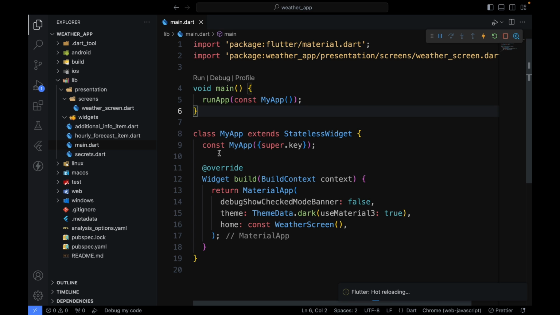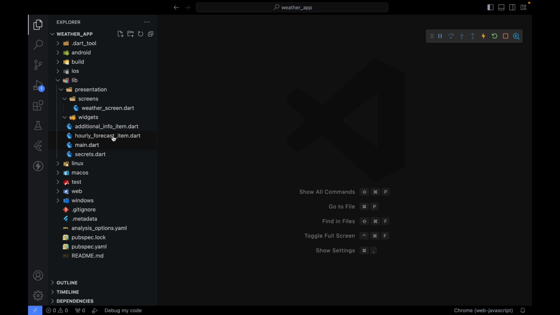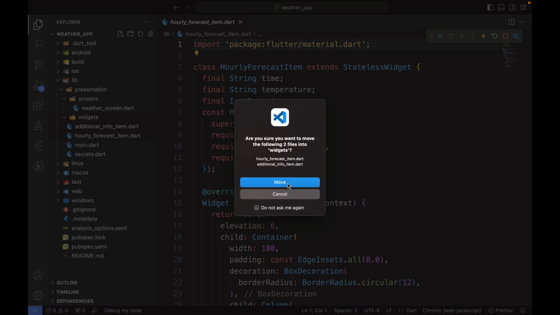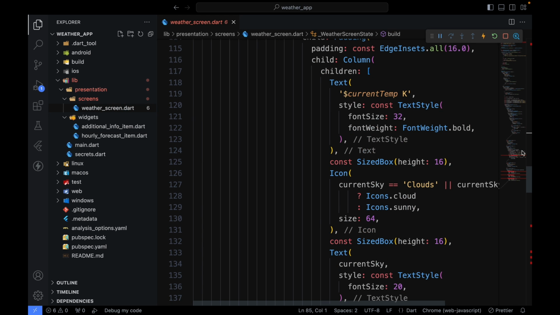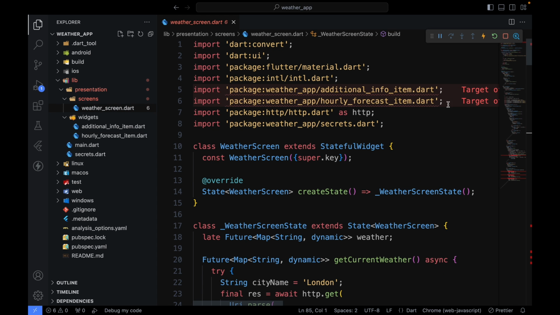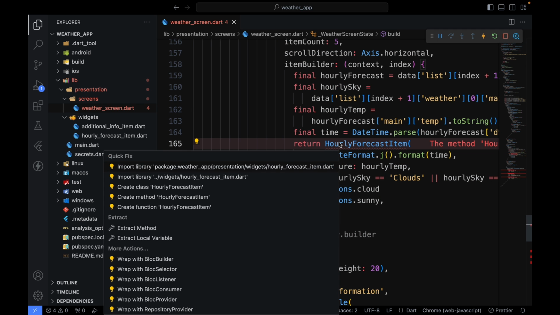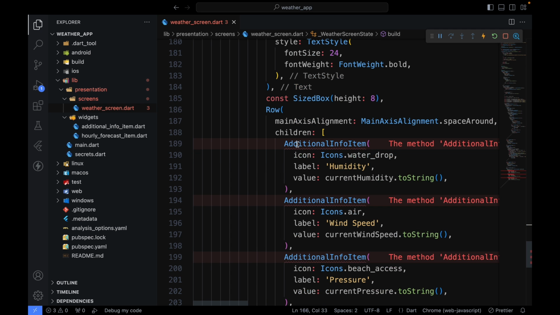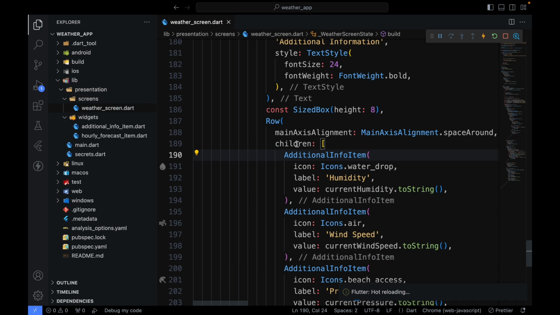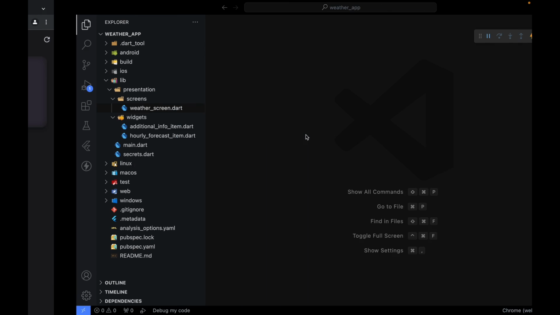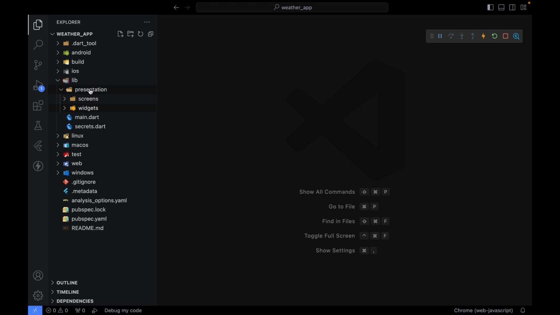And it automatically modifies my main.dart file. Now I can take these 2 widgets and put them inside of the widgets folder. And we get an error over here because these 2 imports are incorrect now. To make them correct, we can just remove these 2 imports, go to the bottom, import this hourly forecast item, and also import this additional info item. There we go. Now, if I just restart my app, nothing really changes, but now we've just organized our code